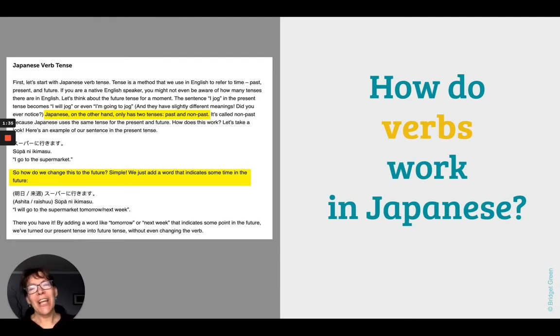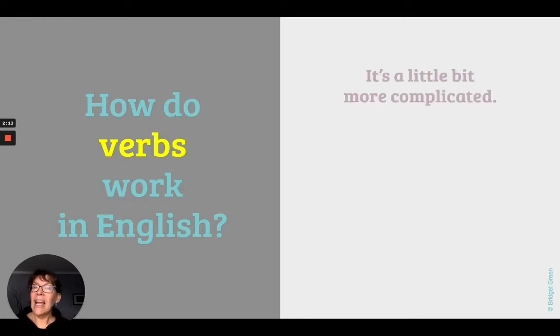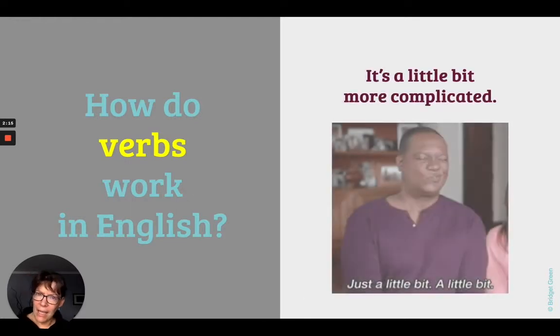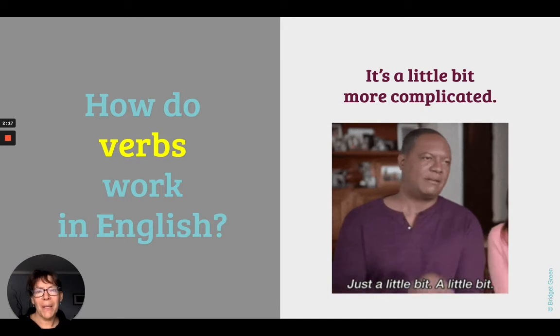It says that Japanese has only two tenses, past and non-past, and it matters a lot for you, the speaker, to put when it is happening in context, to say yesterday or next week, and we will understand each other. But again, you are the expert. Now, in English, it's a little bit more complicated than that, which is why we're going to spend some time